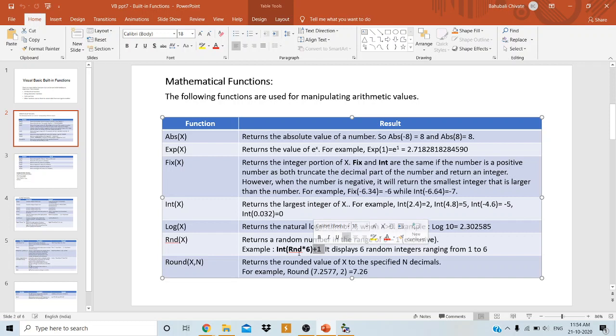Why? Because when you use int here, it is going to truncate the decimal part, and one number will be truncated less. Hence we are going to add the number 1 here. I will demonstrate this so that you can understand well.